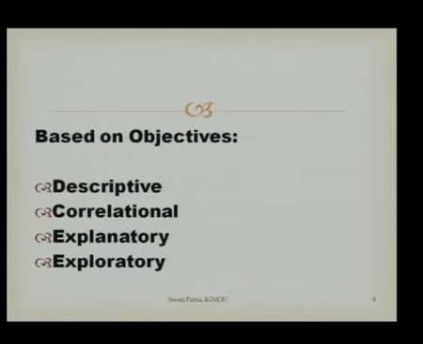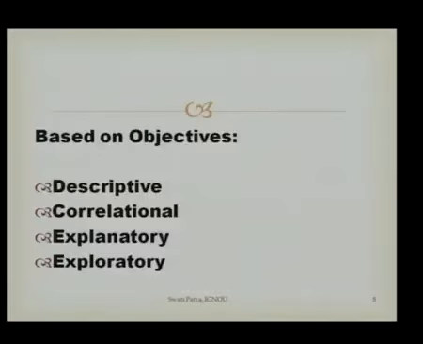For example, if I say poor academic achievement and internet addiction, there is a relationship between these 2 aspects, that internet addiction is related to poor academic achievement of the students. Now this does not answer which causes the other, whether the poor academic achievement is due to internet addiction or internet addiction is due to poor academic achievement. So this why of the phenomenon is addressed by the next type of research, that is explanatory research.